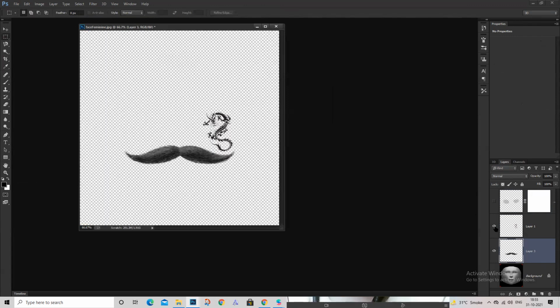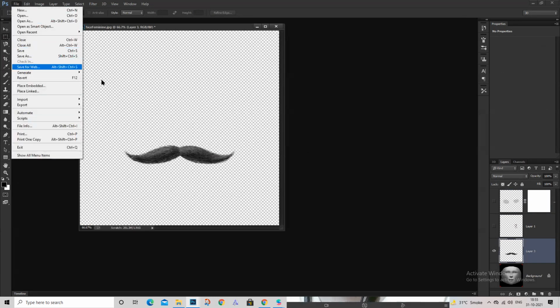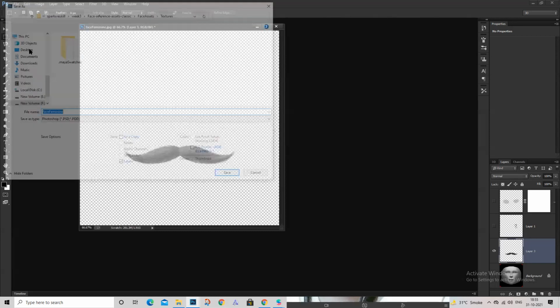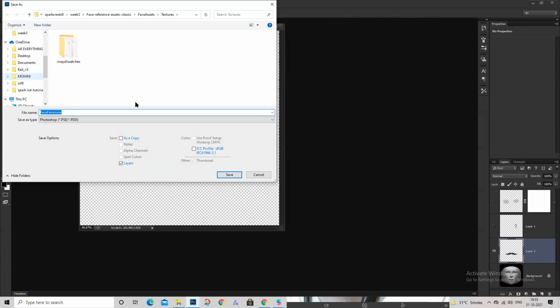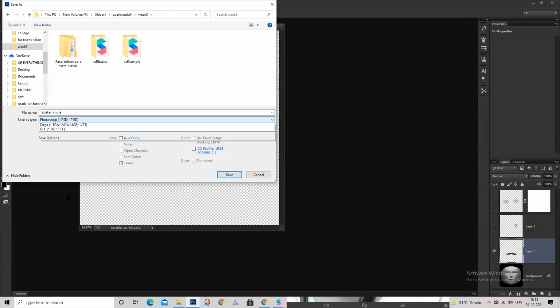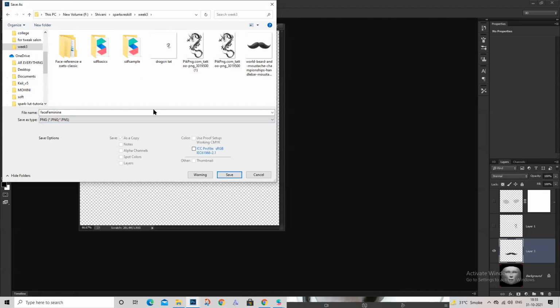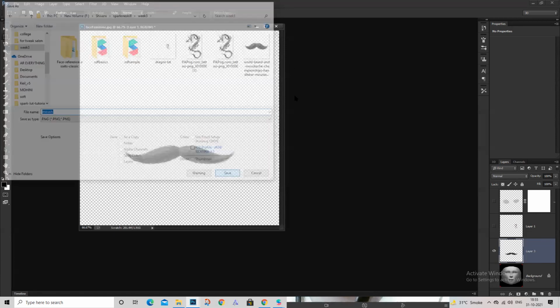That's the position I want the mustache to be. And I'll save as over here, in PNG format. Okay, I've just saved it here.